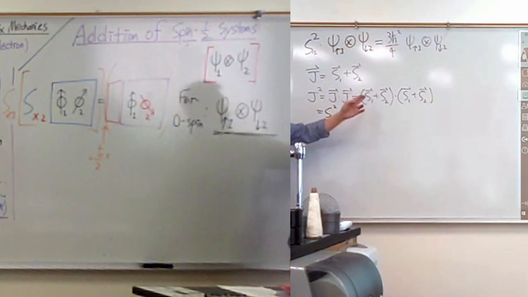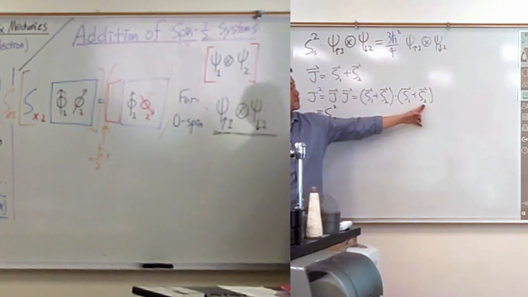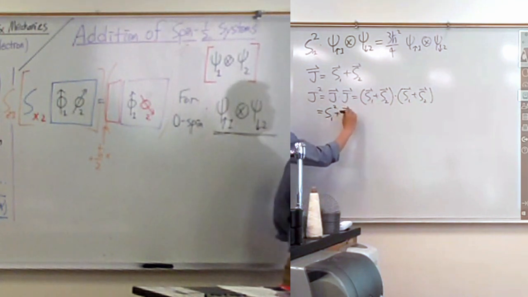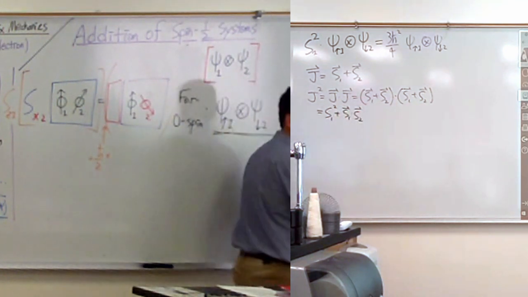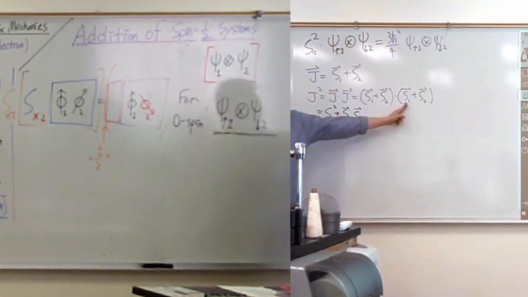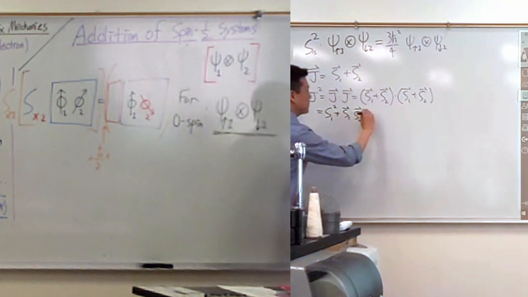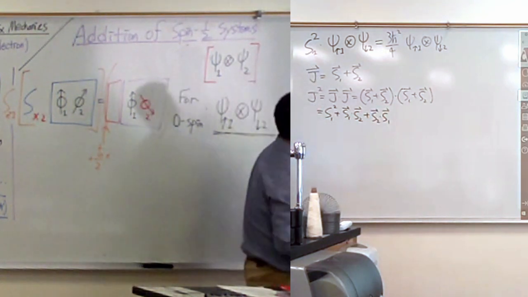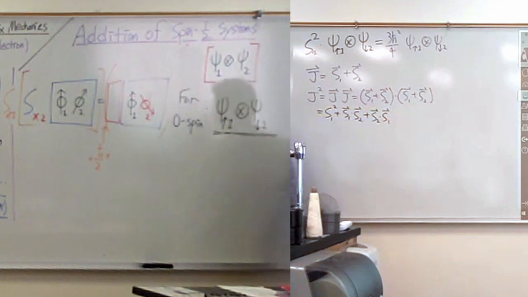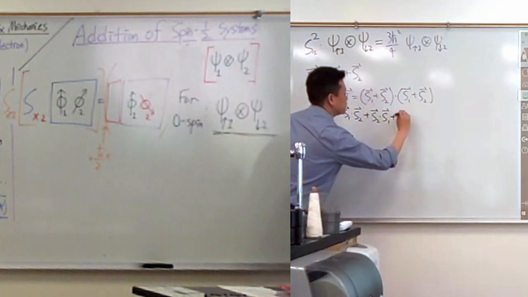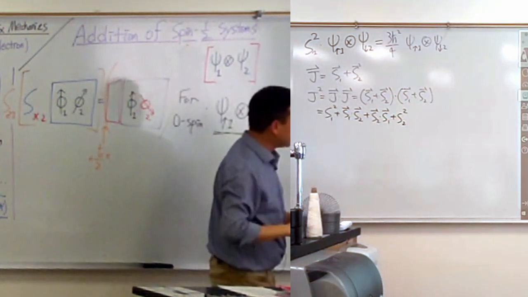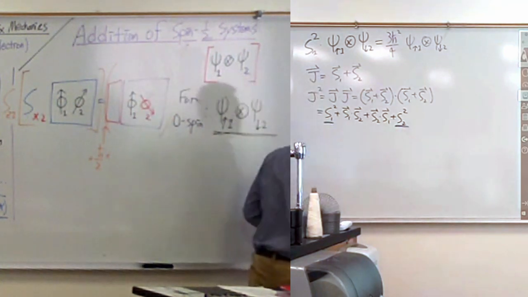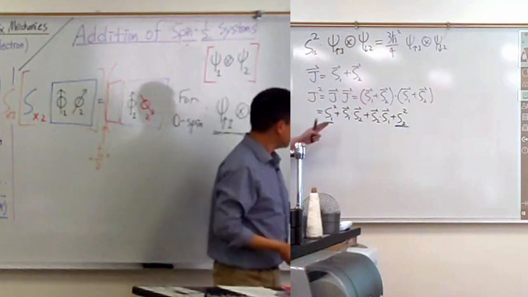And S1 dotted to S2. All right, I don't know what that is, so let me just write it out. Plus S1 vector dotted to S2. We'll just leave it there for now. S2 dotted to S1. I also don't know what that means, so let me just write it out. S2 dotted to S1. And S2 dotted to S2, so you get plus S2 squared. All right, at least two of those things I know what to do with. This I know what to do with, this I know what to do with. And these, well,